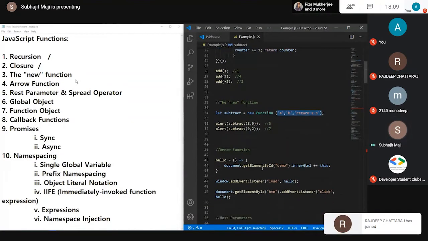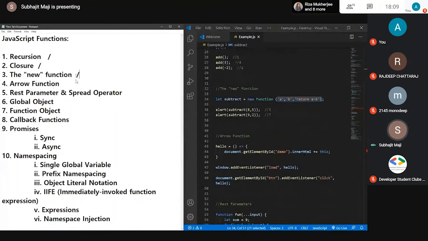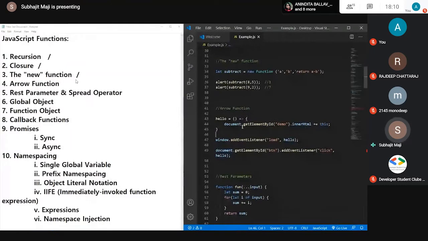Okay. After that is the arrow function. Now the arrow function is very important in JavaScript. If you see in promises and API call fetch, the arrow function is very important for all those kinds of things. Now, what the arrow function does is it also helps us simplify our code, but in a different way. So when we declare hello equals to, and then we invoke the function, and then we declare what is going to happen inside the function. Now this can also be written like